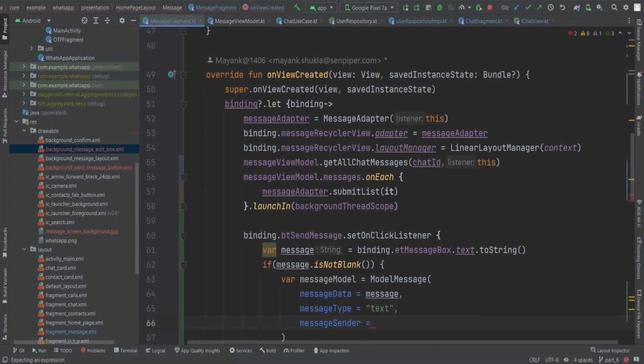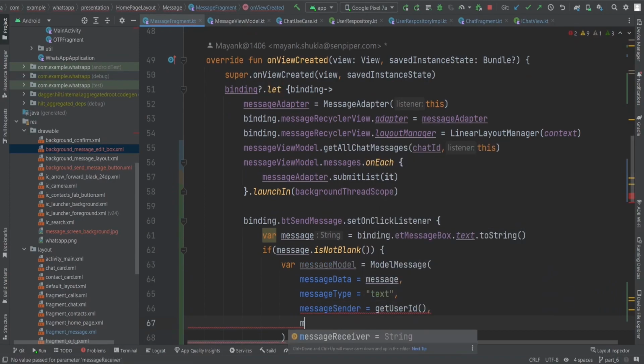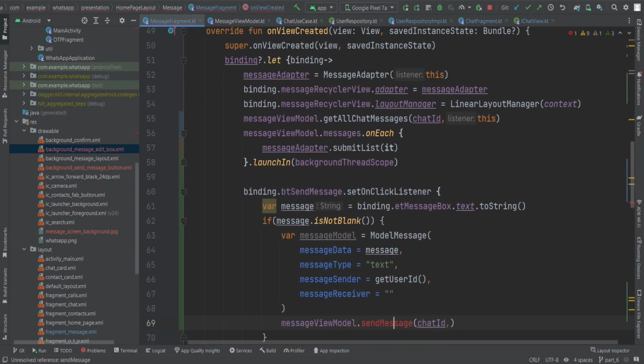So here who is the sender? Here we have the getUserId function for that purpose. And receiver, actually we don't have any receiver, right? Okay, we have, but we don't have anything to send here. Actually we don't need the receiver property in this object, so we are going to remove this property. And if you think we should keep this as a property in our ModelMessage object, then tell me why in the comment section, so that we can also cooperate with the code.